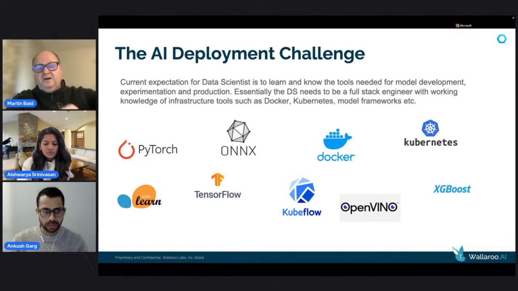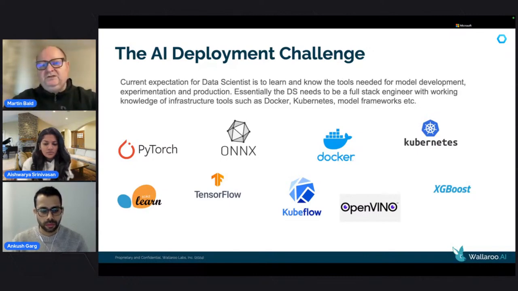There might be different departments working on models in PyTorch, but there might be other departments or folks working in TensorFlow. So how do you bring that all together, quickly and in a streamlined fashion,